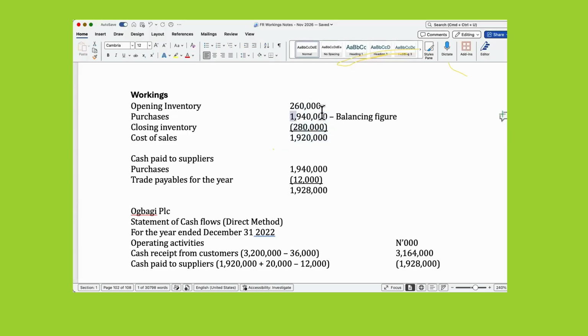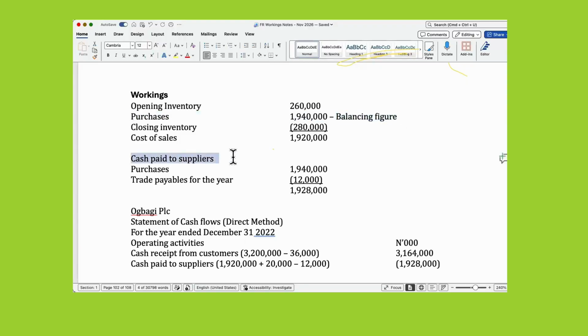So I just get this as the balancing figure. If this is X, for example, now 260 minus 280, that's minus 20. You take it to the other side of the equation, it becomes positive. Then this is 1940. That's how we got purchases. But we are not there yet. We need the cash element of these purchases,